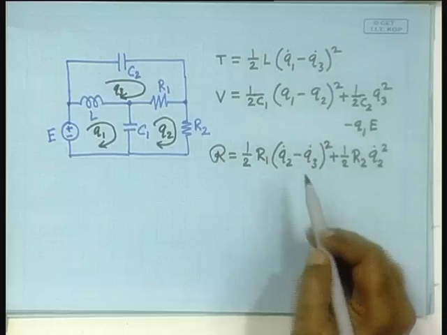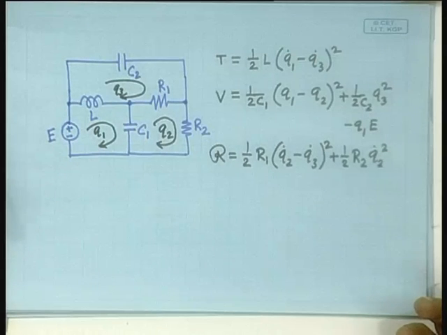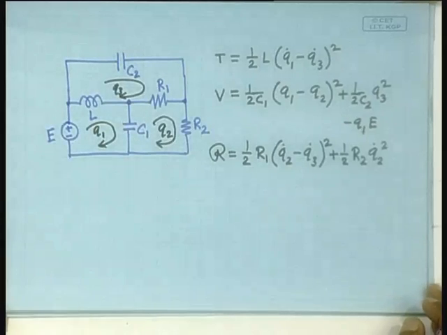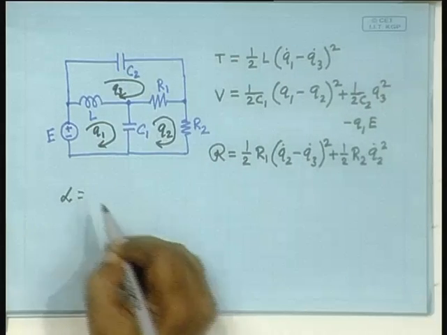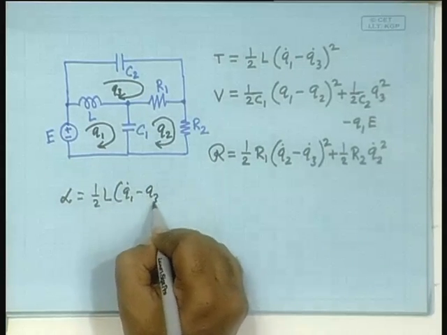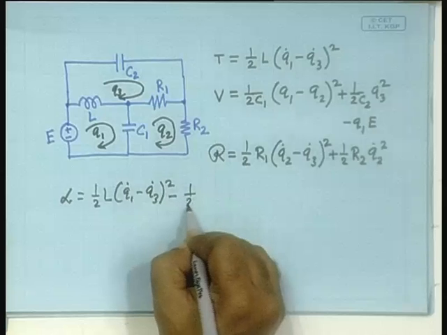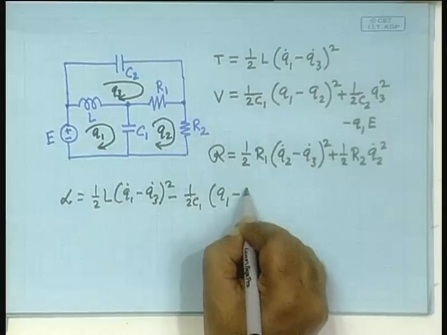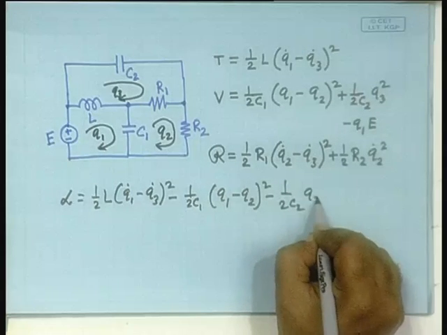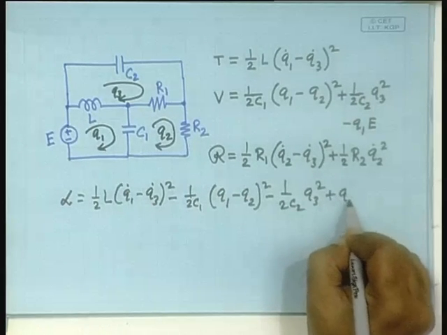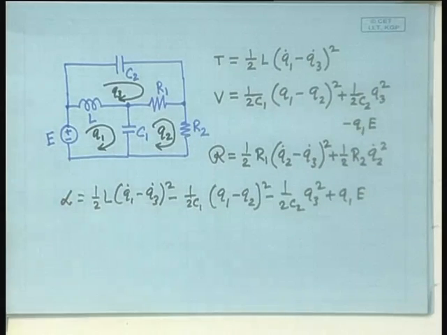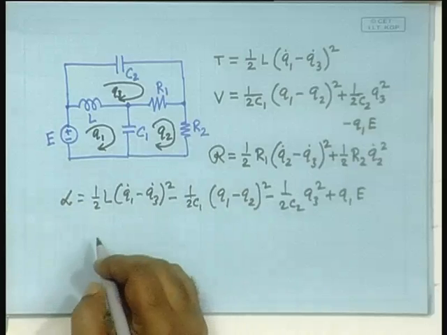The moment you have written this, the rest is trivial, right. So, all you have to do is to differentiate these 3 functions. So, let us write the Lagrangian. It is, I will write fast, half L Q1 dot minus Q3 dot square minus 2 C1 Q1 minus Q2 square minus 2 C2 Q3 square plus Q1 E, and Rayleigh is this. So, the first direction Q1,